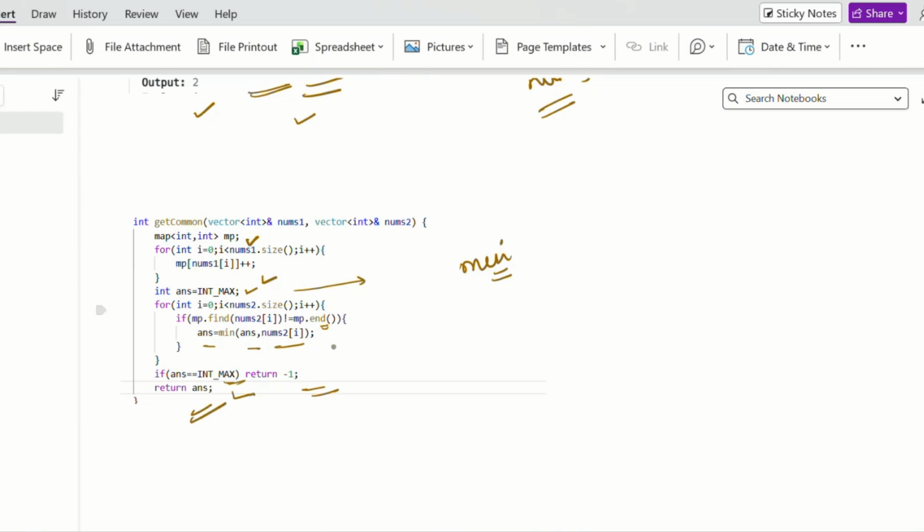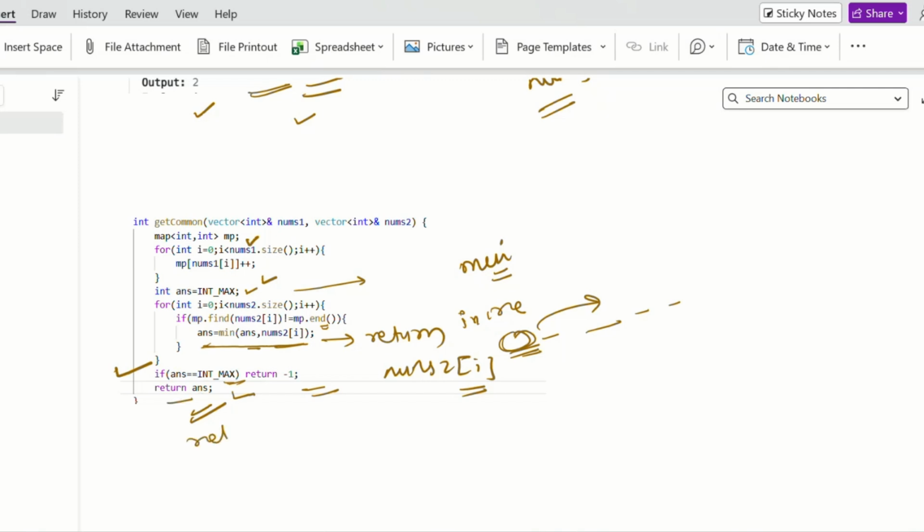In this case, we can do one more thing: our arrays are sorted in increasing order. So at the start there will always be the minimum value, then the later elements. So instead of writing this line, I can basically return nums2 of i directly. It will also work, and at the end I don't need to write this line, I can simply return -1.